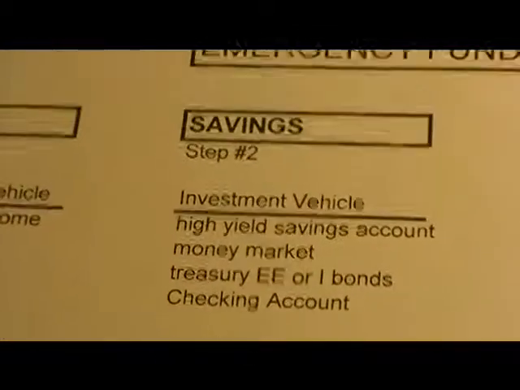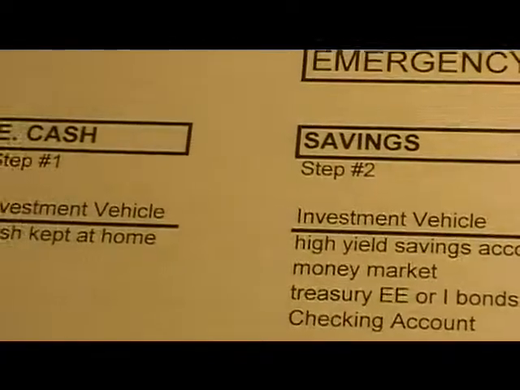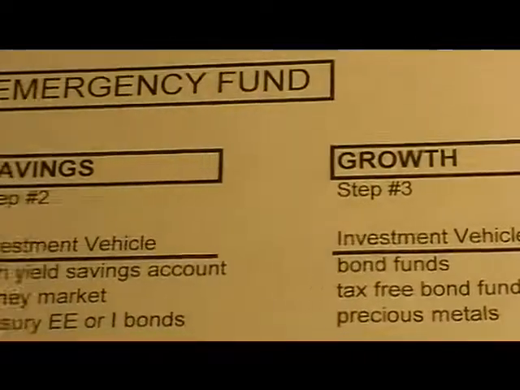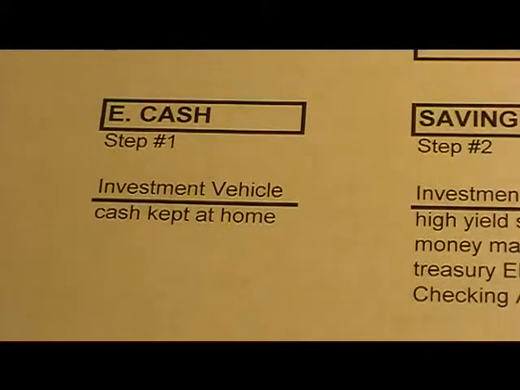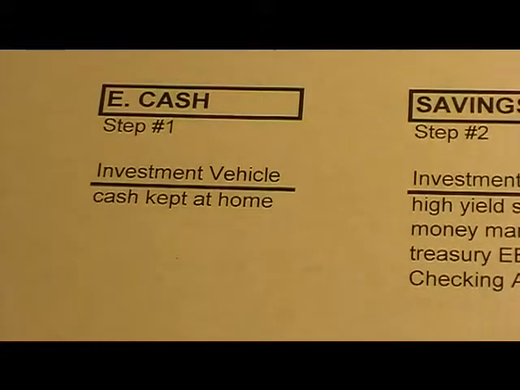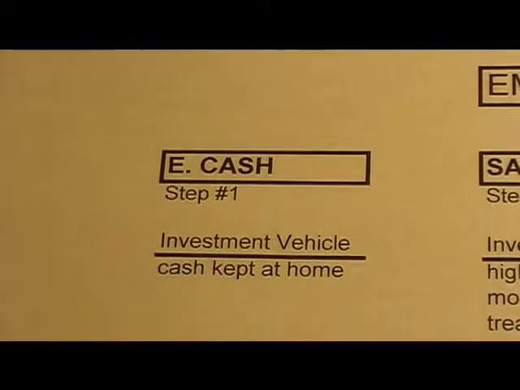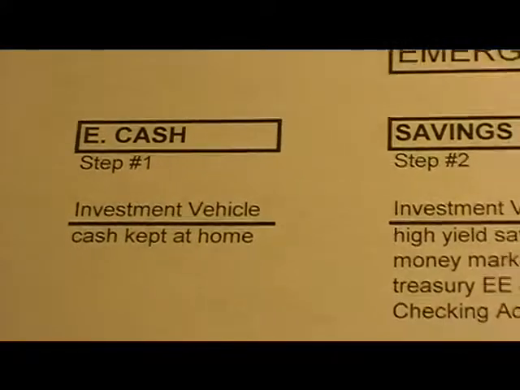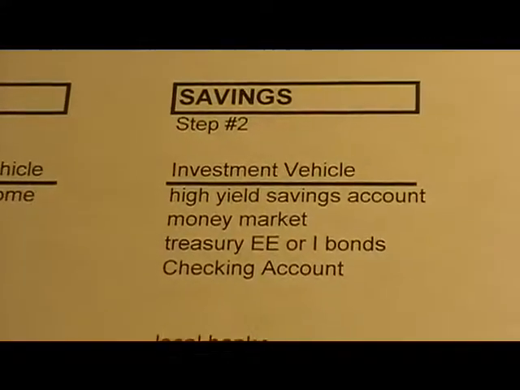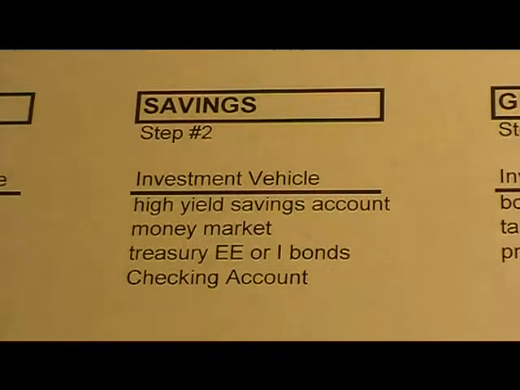So that is pretty much setting up step 2 of your 3-pillared emergency fund. As I said, step 1 was the cash. That's cash kept at home. That should be the first one that you do, or I would recommend that would be the first one that you do. That way you always have access to your cash, grab and go. Cash is king. And then step 2, setting up an insured method of storing your money,